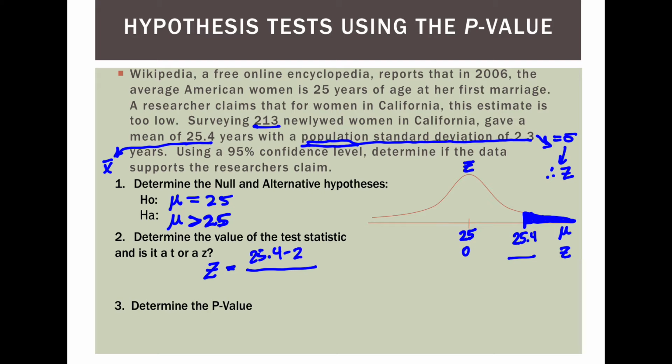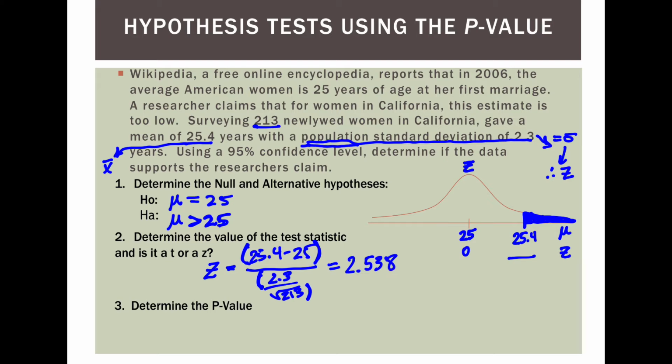25.4 minus 25, and we're going to divide that by the standard deviation, 2.3 over the square root of my sample size, which was 213. If you're doing this, make sure you put parentheses around the top, and also, even more importantly, around this bottom division. You can get away without using parentheses on top if you hit enter after your subtraction and then hit divided by, but then you need to use parentheses on the bottom. Put that into your calculator, and you should get